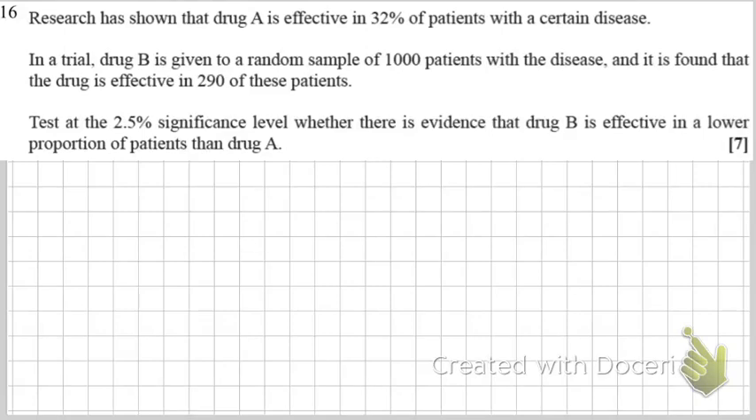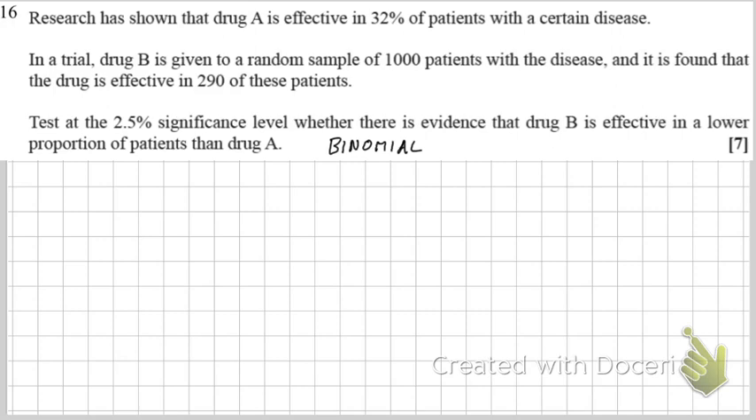Make sure you pause the video and have a good read of the question, but this is a classic binomial one tail, lower tail hypothesis test. Now get into the habit, however the question's worded, of doing these in the same order every time, and then